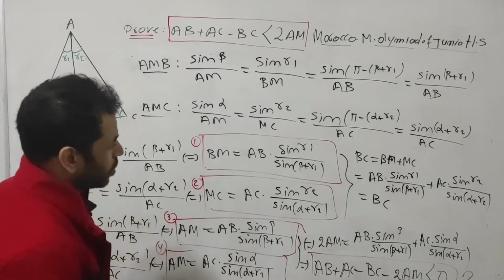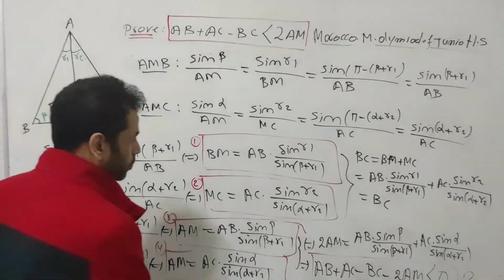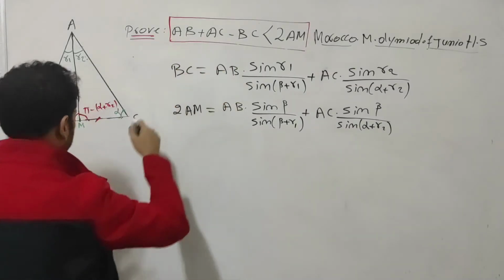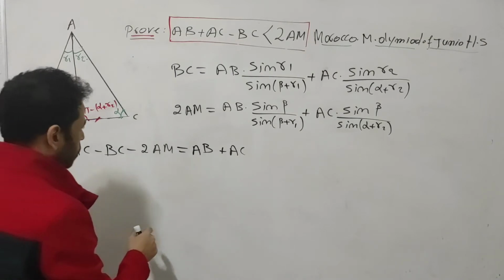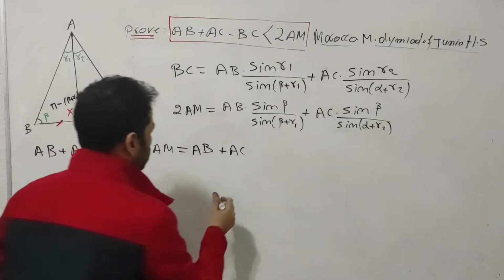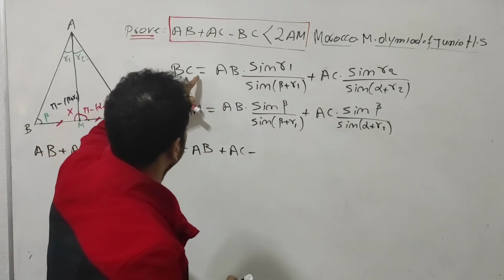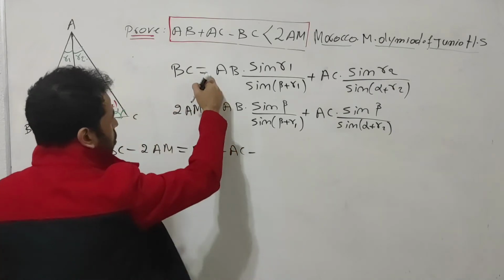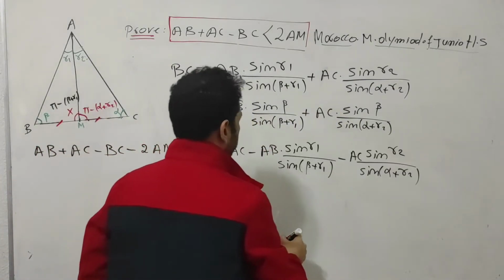So let's clean up the board and continue with our problem. Now I'm going to calculate this difference. I'm going to leave the distances AB and AC as they are, minus the distance BC. We already found the distance BC equal to this formula, which is minus the distance AB,